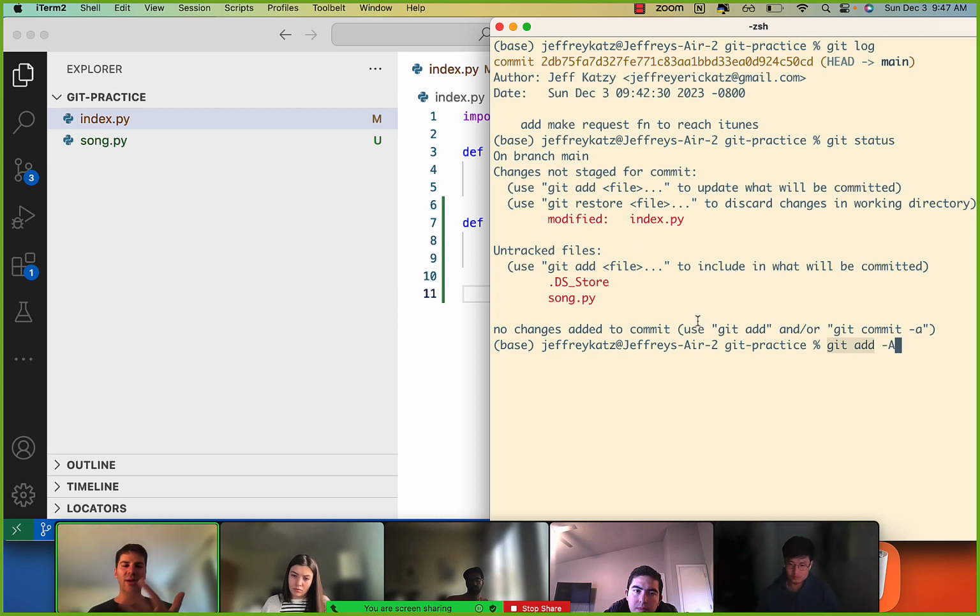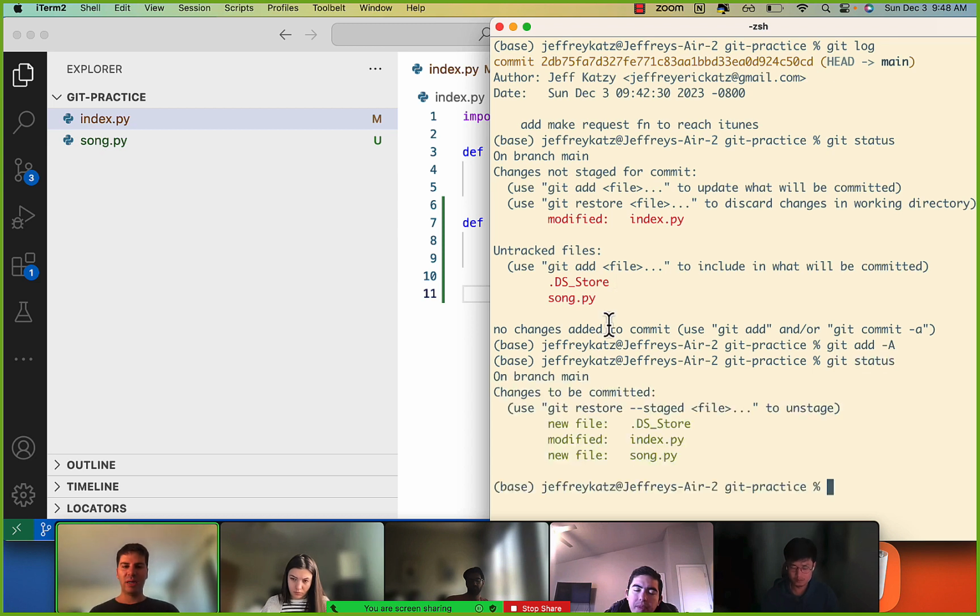It gets a little weird. If you just do git add dot, it will just say, oh, you added these files. But any files that you deleted, it won't track that change unless you're very specific about it and do git add -A. Now if I type git status, let's see what's been added. Everything's been added. Everything is in stage, including even the DS Store, which I could remove if I want to,